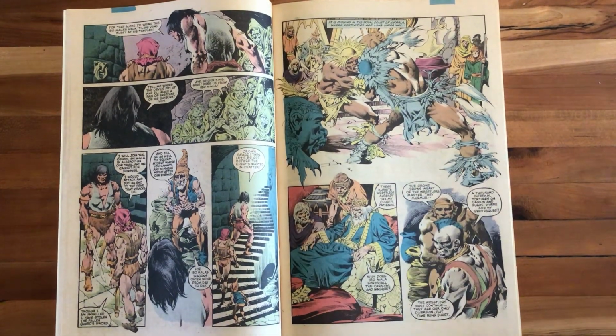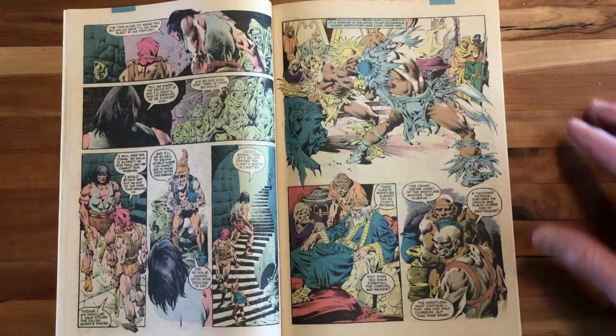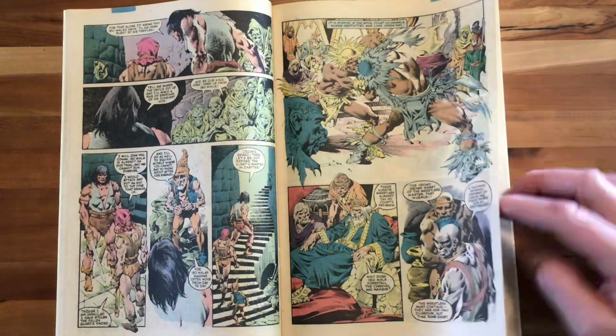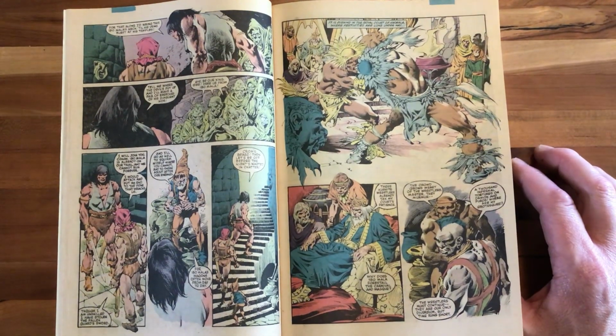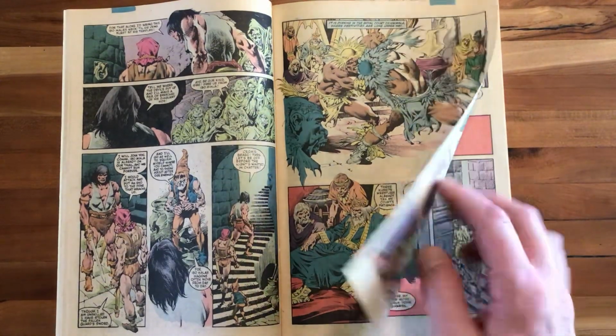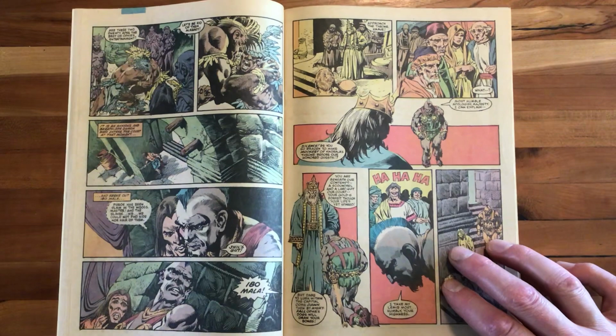I love the use of, not only does Rudy Nebres spot these blacks really well, like the use of light here, the use of shading, and of course our colorist is coming in and properly treating this artwork and giving us the best combination. I've never seen this issue reproduced on Baxter paper or in an Essential edition